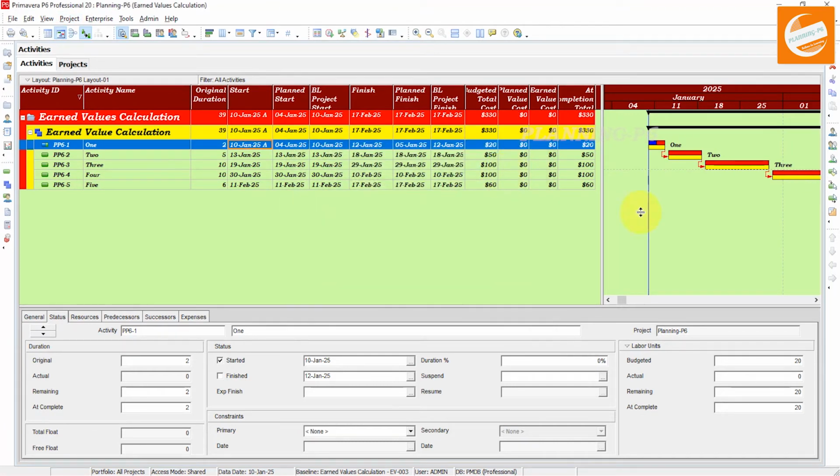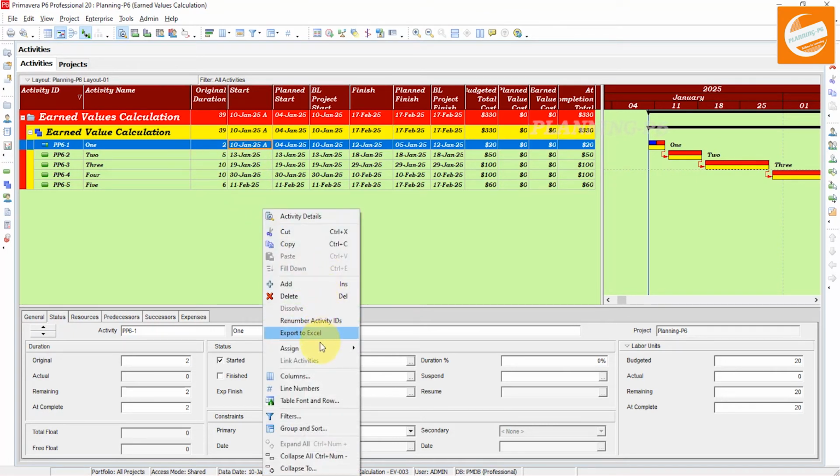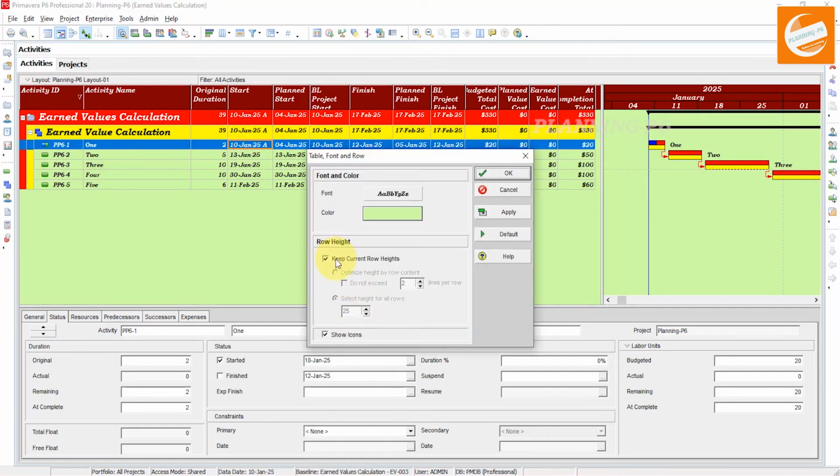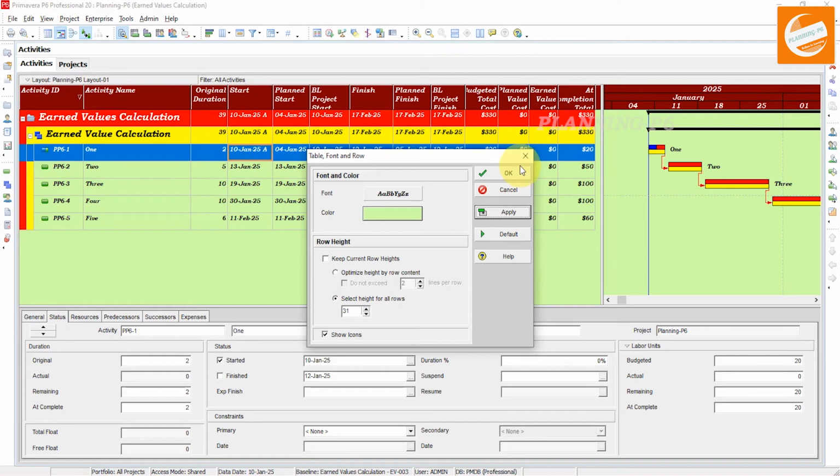Okay, after assigning, you can see here our budgeted cost or budgeted labor units. You can see here our start date is 10th January 2021. If I change the height of the table a bit so you can understand, this one.